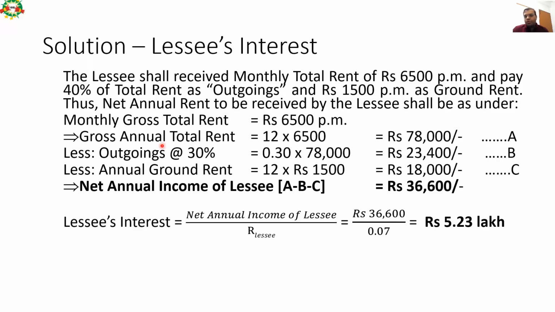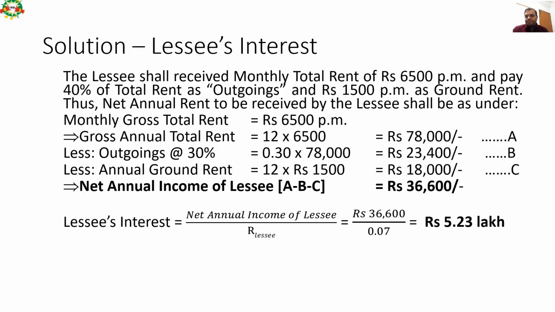Less 30% outgoings that he has to pay. So 30% of 78,000 is 23,400, and less annual ground rent which lessee has to pay to the lessor. So 18,000 rupees he will pay as ground rent to the lessor. So net annual income of the lessee is 36,600. Since it is a perpetual lease, net annual income is divided by capitalization rate for lessee, which is 7%. So 36,600 divided by 0.07 gives us the value of lessee's interest in the property, which is